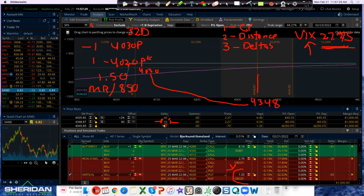But because I'm close to delta neutral, I'd rather just put the put side on. If we go down, I can adjust it. I can manage it. Does that make sense a little bit? Again, we could spend hours on this. I'm just trying to at least give some thinking, right? I mean, if you're newer,